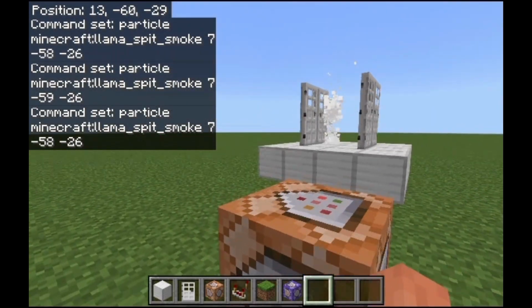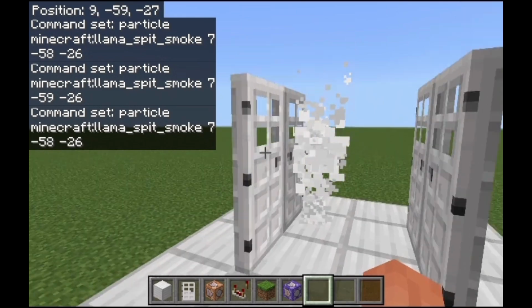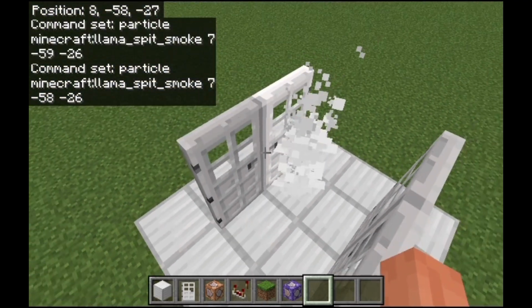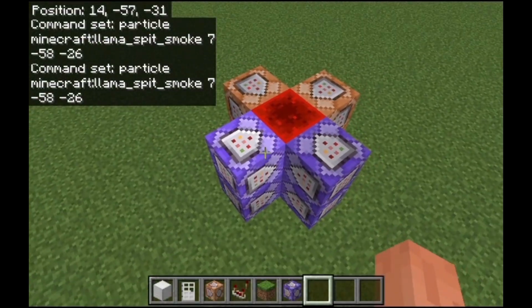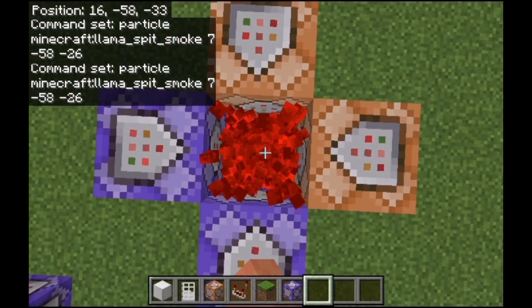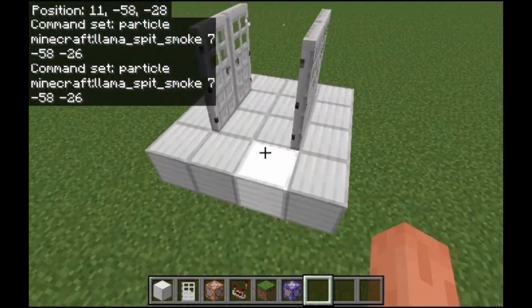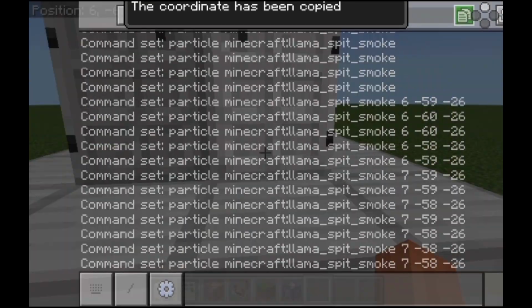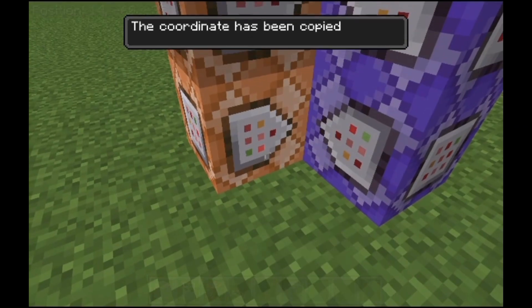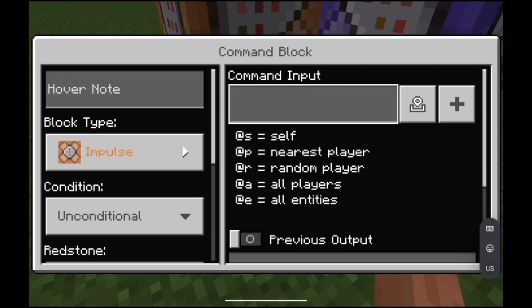So now there should be more particles coming off from this place. Right now these command blocks are not yet activated, simply because they did not have a block update. So what I'm going to do for now is just delete those redstone blocks, and as you can see the smoke stops right away. So now we're going to copy the coordinates of this block. I say again particle, oh I'm not allowed to type yet again, particle, oops, those were the coordinates, Minecraft